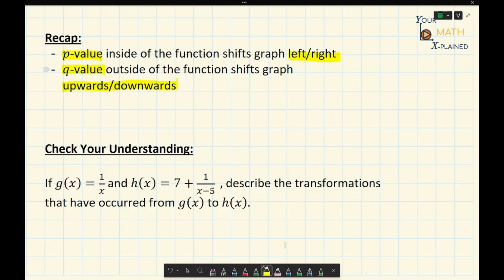Okay, so now, using this knowledge, can you determine what transformations have occurred in this example here? So we have our g of x, which is the original function, and it's equal to 1 over x. And we have our transformed function, which is h of x, and it's equal to 7 plus 1 over x minus 5. So leave your answer in the comments below